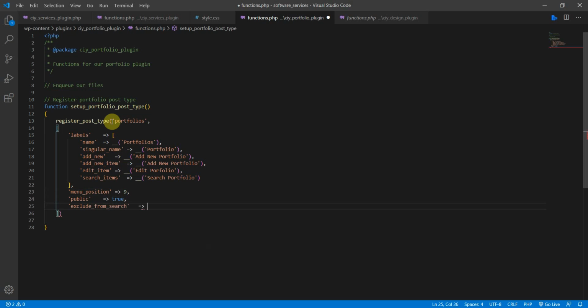Like so, and let's put that to true this time. Then has_archive equals true, and then rewrite. Let's create an array, and in here we need to rewrite the slug to just portfolio. And next, after the rewrites, to register the meta box